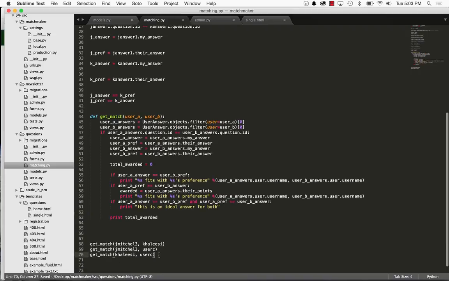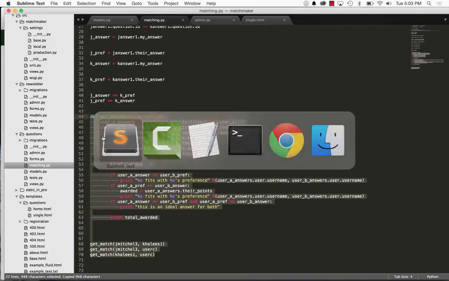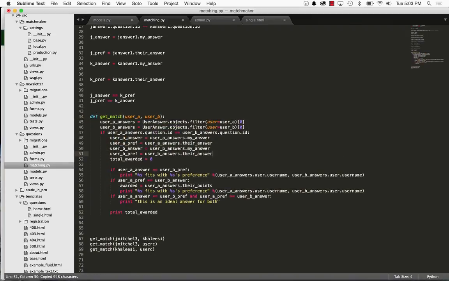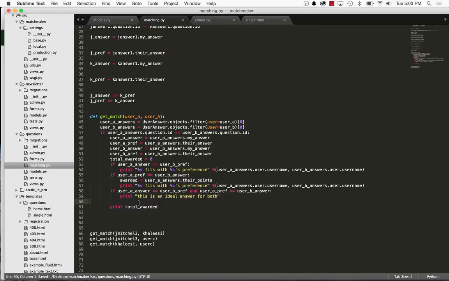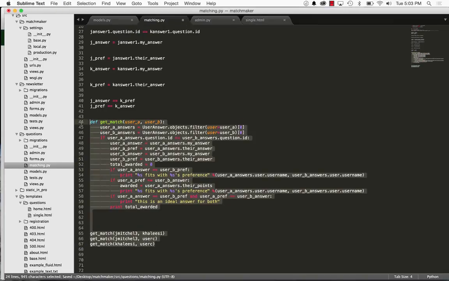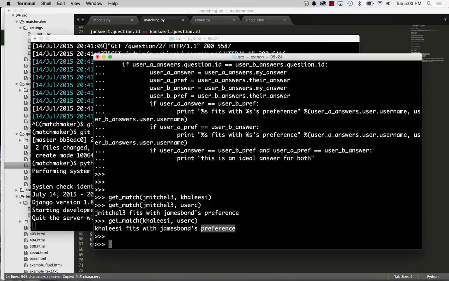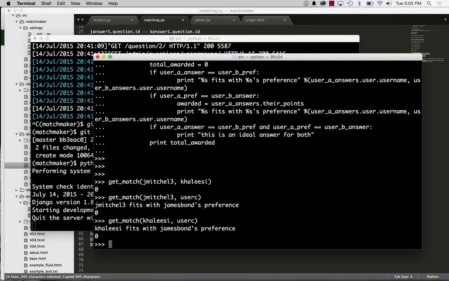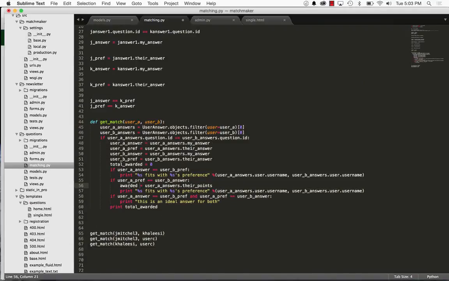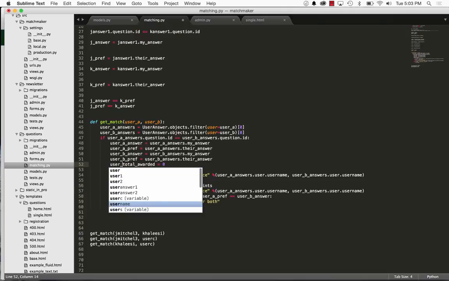So let's go ahead and run this. I'm going to copy the whole thing. I'm going to have to get rid of these spaces because of the Python shell. All right, so let's copy this whole thing, go back into the shell. And we see that they're awarded 0 points based off of the latter user. So user A awarded, so user A